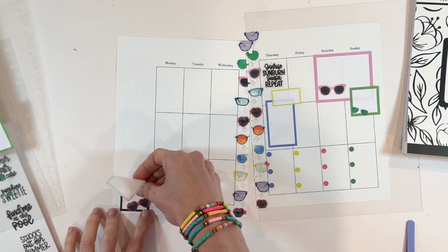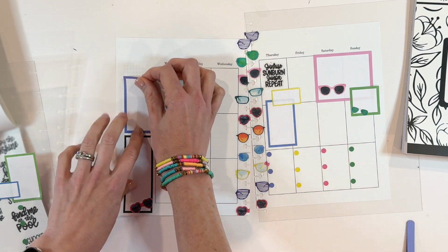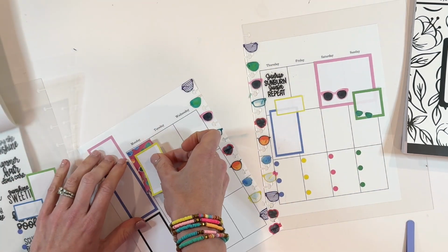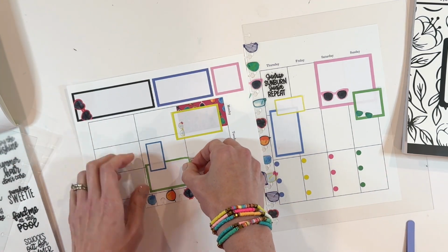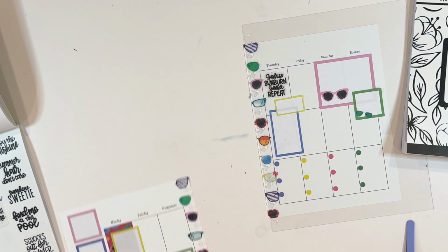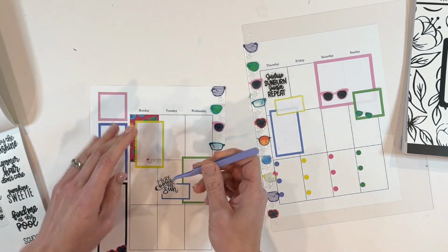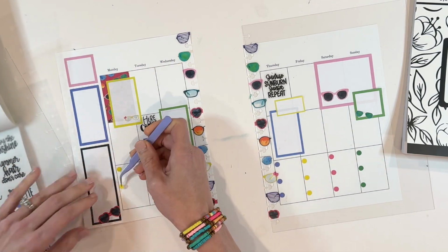This one is probably the exception to the rule, where I had almost all of the stickers ready to go on the sticker guide and then had to just transfer them over. There's only a few that I will end up moving around and adding. So let's get everything in place. We'll do bullet points here in a second. Here comes the sun. Fits very nicely in this little section. Of course, I put it down incorrectly, so let me just be a little bit more careful right there,